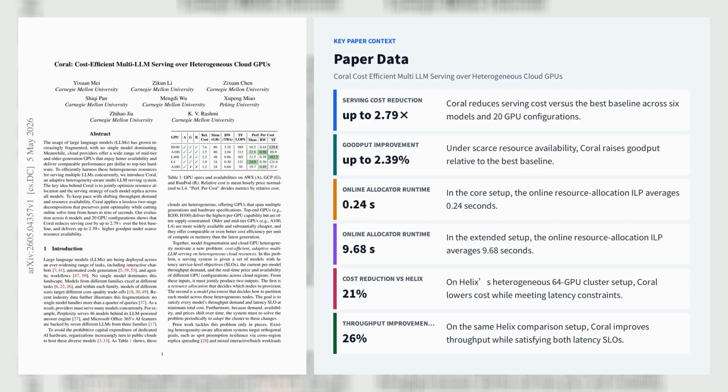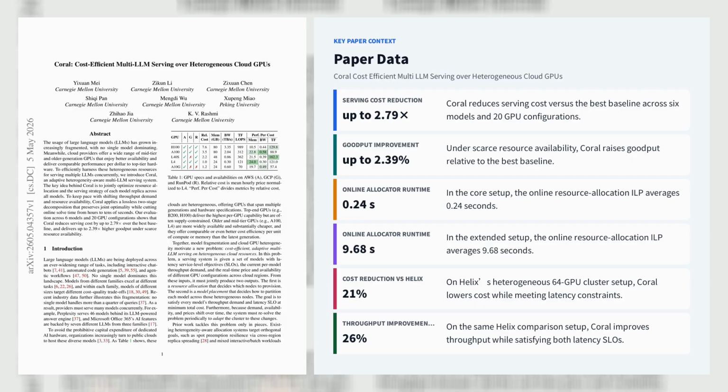to tens of seconds. In evaluation, the online allocator averages 0.24s in the core setup and 9.68s in the extended setup, while the offline generator produces thousands to tens of thousands of templates per model SLO pair. Across 6 models, including Qwen 3 32B, GPT-OSS 20B, 5414B, Qwen 3 235B, GPT-OSS 120B, and Llama 3 70B, and various GPU configurations, Coral cuts serving costs by up to 2.79 times versus the best baseline, and raises goodput by up to 2.39%